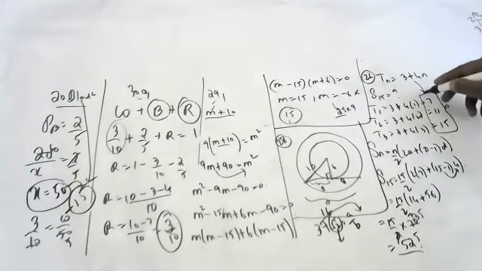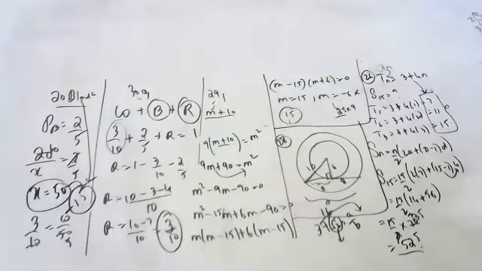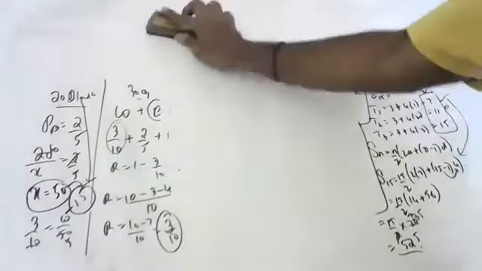We got this AP by using this formula. Tn or An is the same, children. Sometimes they will give Tn. Don't get confused unnecessarily. Substitute 1, 2, 3 and you will get the AP. After getting the AP, find the sum. Okay, children, I hope you are able to understand. Next question.